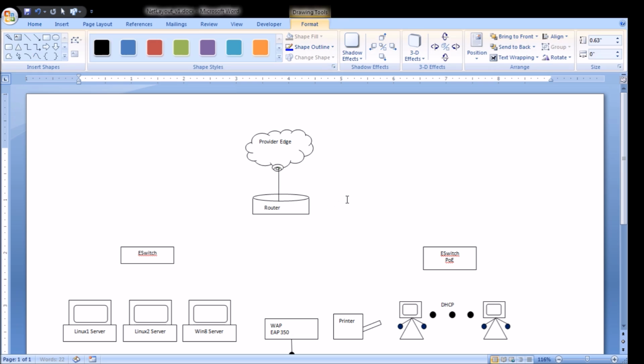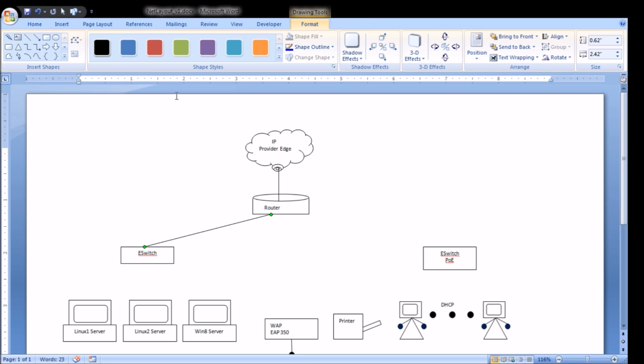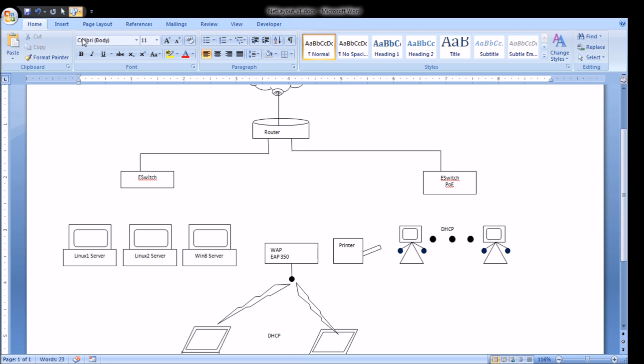So I'm going to start wiring some of this stuff together. So we got the provider edge. Okay, so we got a router, and we need to start connecting some of this stuff up. You can do straight lines like this, and that's okay. I usually prefer drawing at right angles. To me, it just looks better. It looks more like a schematic, I guess. Probably not good to mix and match, but